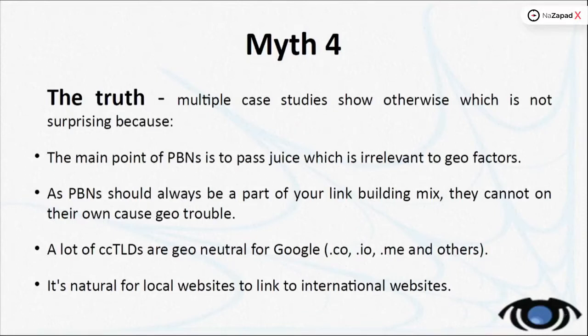Maybe it won't have 100% of the effectiveness of .coms that were used in the US, but it will be like twice as cheap. So overall, a much better option. And when you mix it, it's going to be just part of the mix, because you shouldn't use only PBNs anyway. And it's natural for websites from small countries to link to authority websites in bigger countries, so it's basically natural to link between countries. So you can use anything in the mix.